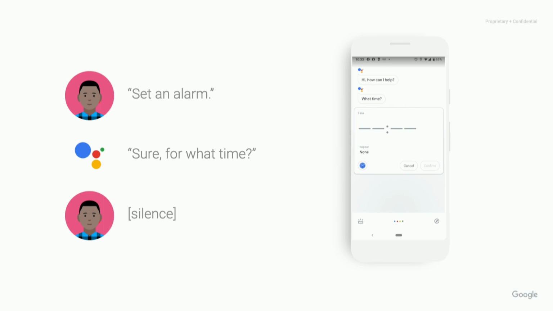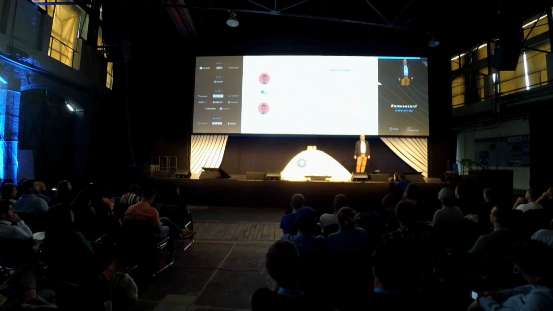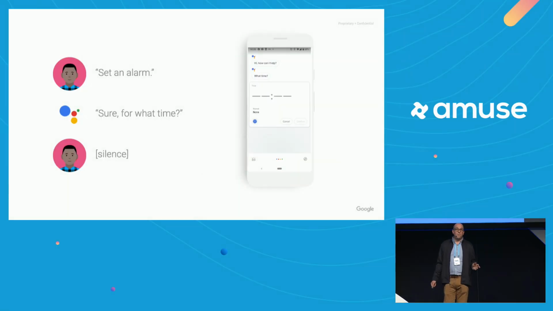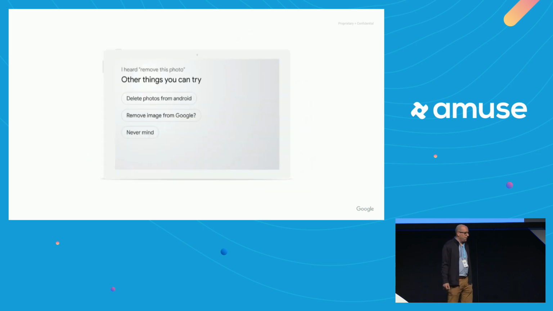And we can use the screen for recovery using some sort of graphic user interface as opposed to voice. So when it gives up on a timeout, instead of just saying, sorry, when was that alarm for? And then just gives up, shuts down, no more. The value here is that the screen, where they can enter the time, is going to be there for as long as we need. So they can come back and answer in 5 minutes. And the microphone doesn't have to be open and listening. It can shut down. And also, on our smart displays,